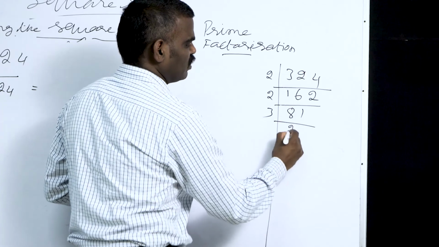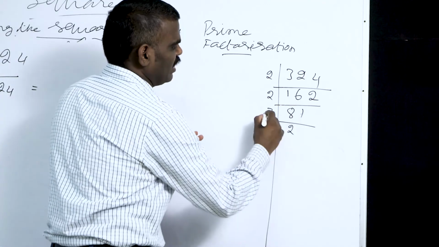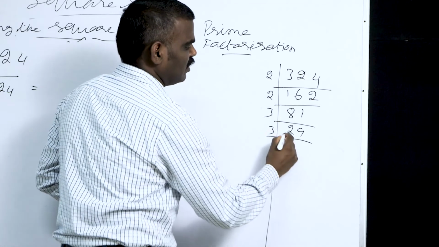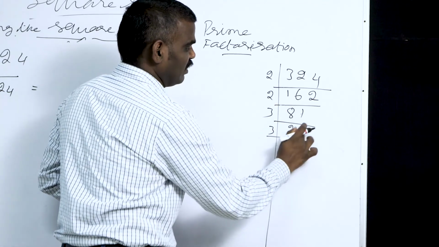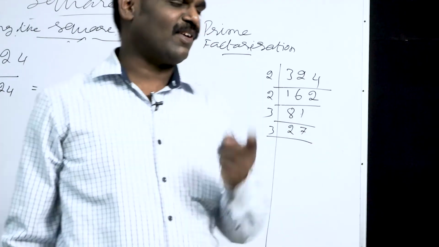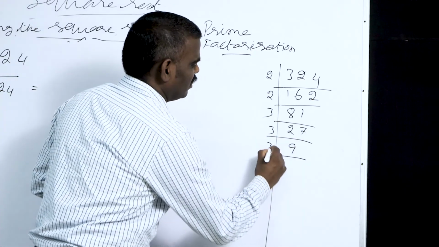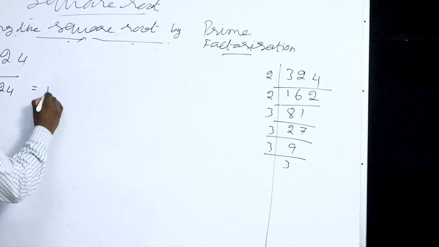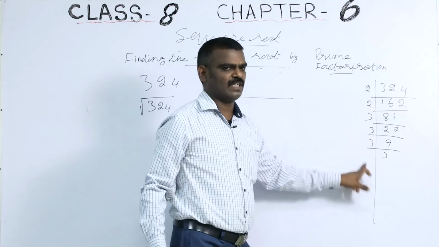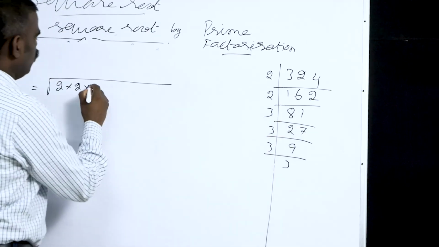Next 3. 3 how much? 3 2s are 6. 7 8 2 remainder. Next it will be 21, right? 3 how many times? 7 3s are 21. Next 3, 9 3s are 27. 3 how many times? 9 3s are 27. 3 3. These all are prime factors, right? No other numbers. 2 how many times? 2 times. 3 1 2 3 4.